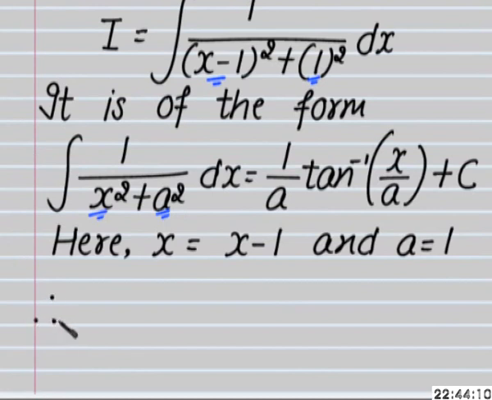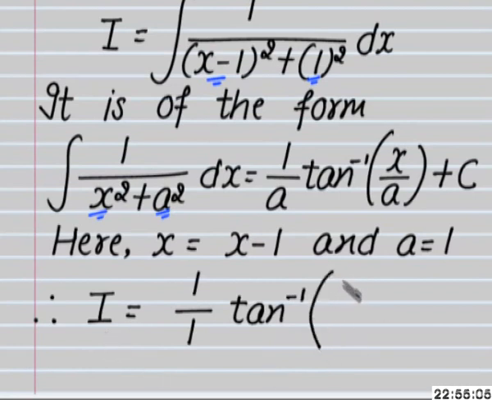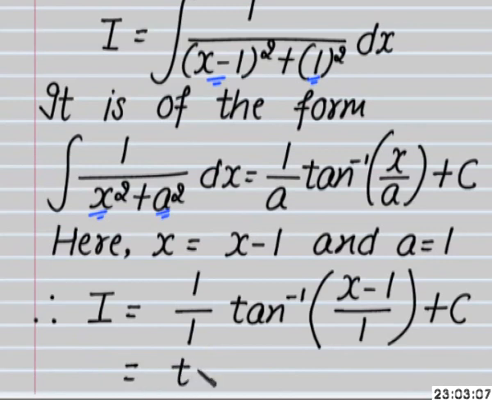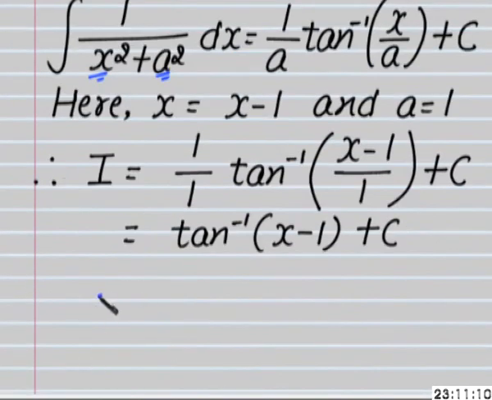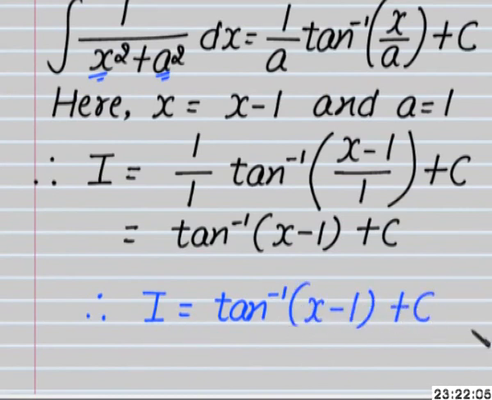So therefore I is equal to 1 upon 1 into tan inverse of (x minus 1) upon 1 plus c, and that is equal to tan inverse of (x minus 1) plus c. Therefore, for the given example, I is equal to tan inverse of (x minus 1) plus c, where c is the constant of integration,